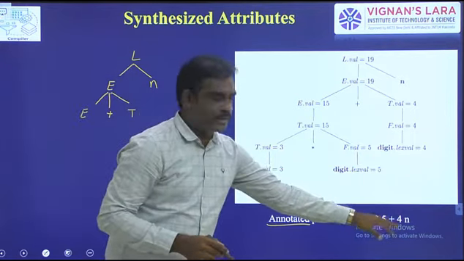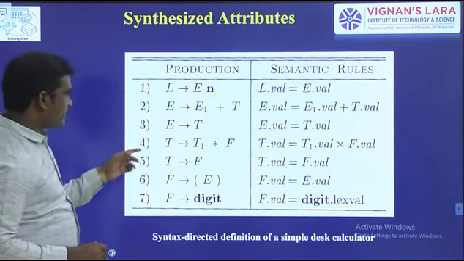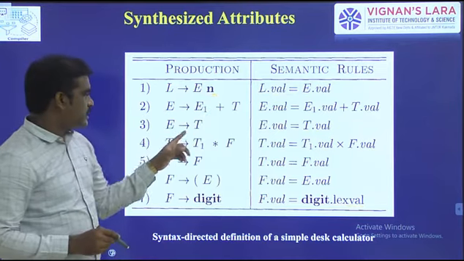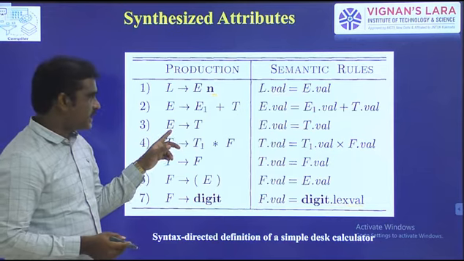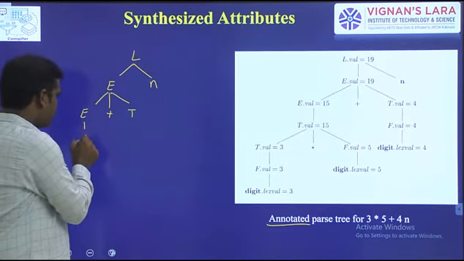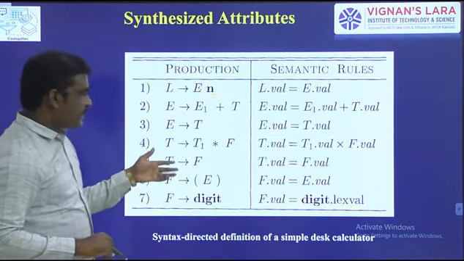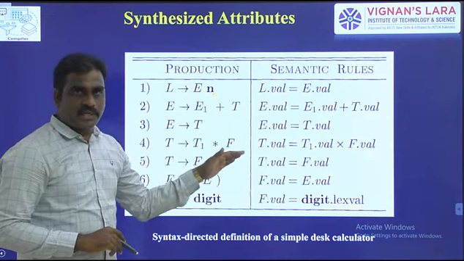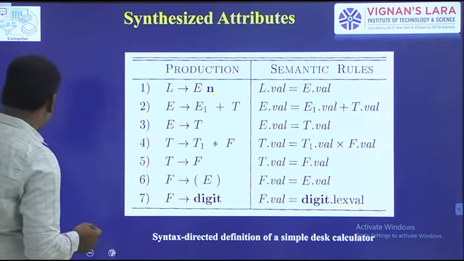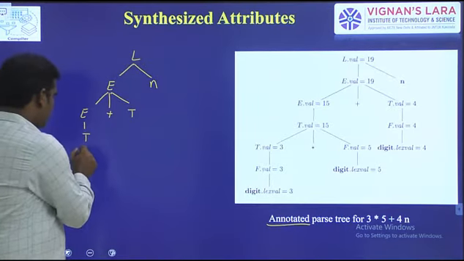So plus 4 is over. Next one, star. So first E. Again E means E plus T, but plus is already over, so take the second option, that is E to T. Next one, T. Again we have 2 options: one is T star F and the second one is F. First select T star F, because we have to derive 3 star 5.